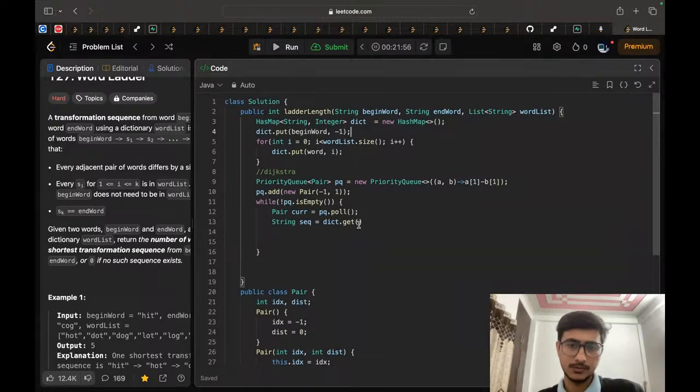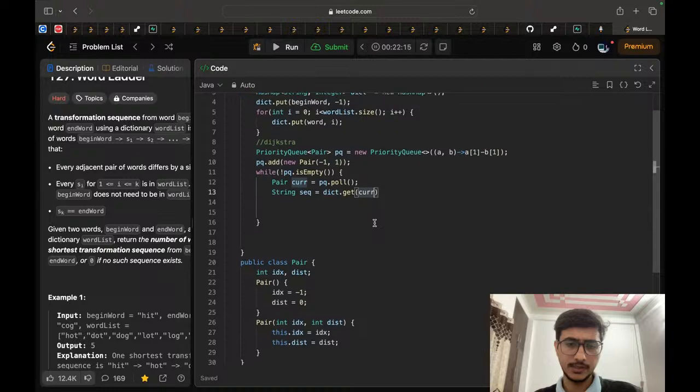So get current string matching. Okay, so dictionary.get current, and in this current pair what we will need,